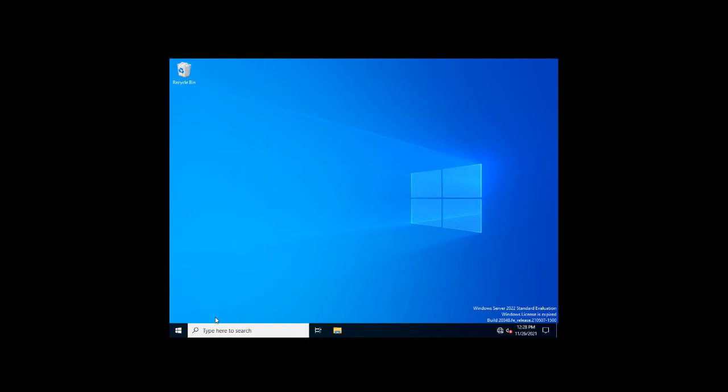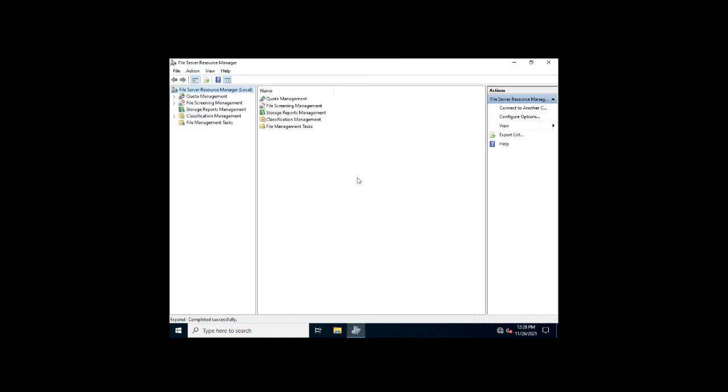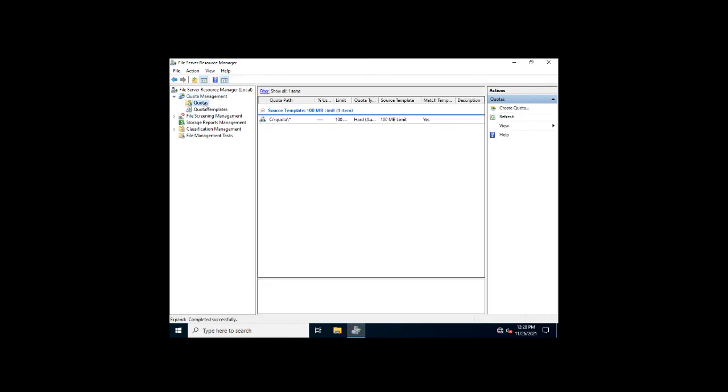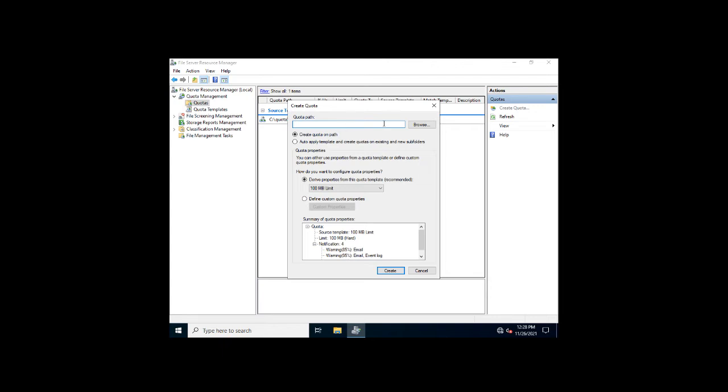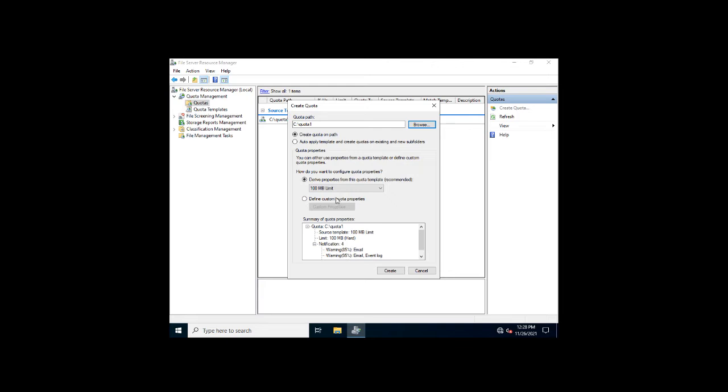Now close this one. Now go to File Server Resource Manager. Here you will see Quota Management. Expand it, click on Quotas, right click, create a quota and browse to the path which you have created. It's quota 1, select. Here you can give the limitation.